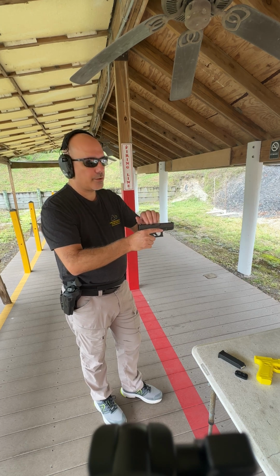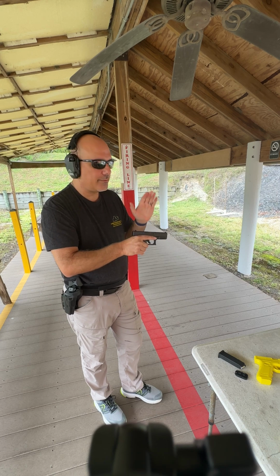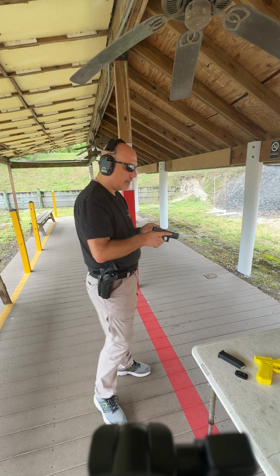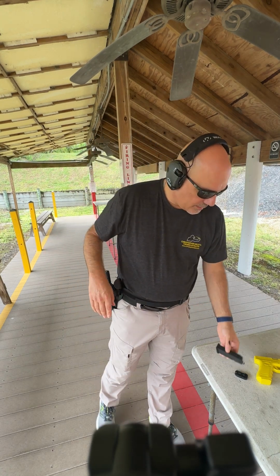What I'll do, we'll rack it a couple of times, 2, 3, 4, 5, make sure that gun is unloaded. Okay, I'm gonna safely stick it into my holster for right now. All right, here,